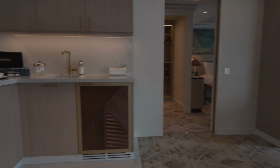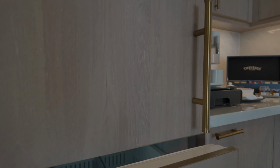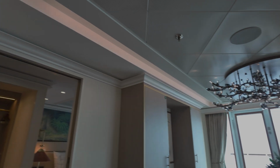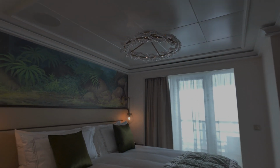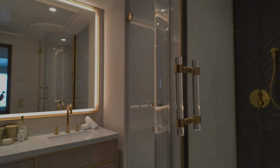Big living room, kitchen area, some Mickey bars in there, fully stocked fridge, and the 2nd bedroom here, closet, 2nd bathroom,